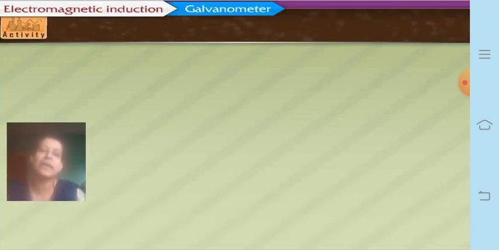So now let us proceed with the next part of the lesson, that is how electromagnetic induction occurs, or how a current is induced in a coil. For that we need to perform certain experiments. The experiment which I am going to show first is also cancelled from your syllabus, but for reference you need to know how, because of the magnetic field, current is induced in the coil. So that we are going to see.